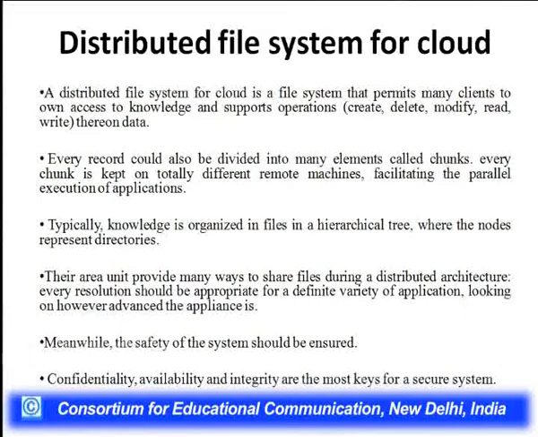And they may provide many ways to share the files. So there is not just a single way to access these files. You can either access through the client API which is being provided to you, or maybe through any other UI which is being provided by the service providers. And even as a client, you might have different views of the same file system depending upon the kind of permissions you have to access those files. So this is how a distributed file system looks like.